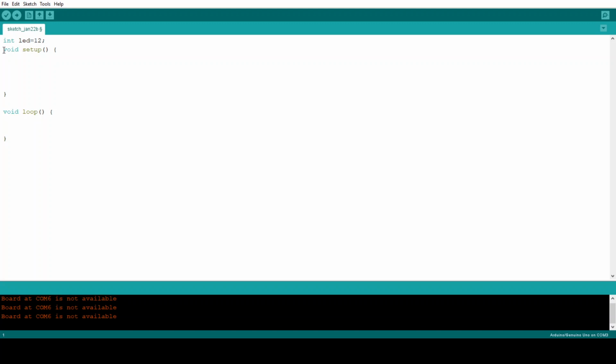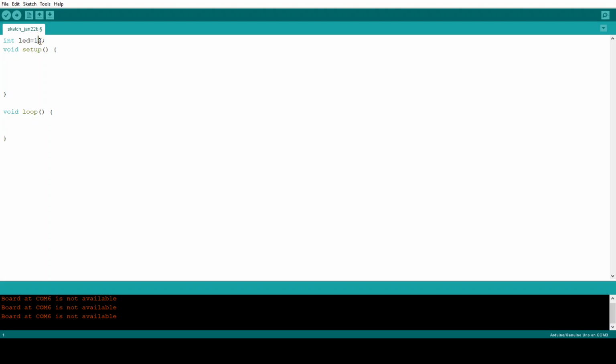Okay, this is the first line. First, int means initialize the module. LED means what module we have to take. Here I am taking the LED module. Here the 12 means the Arduino's 12th pin has to be connected to the LED.